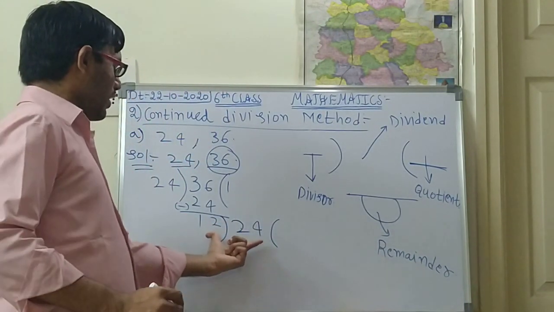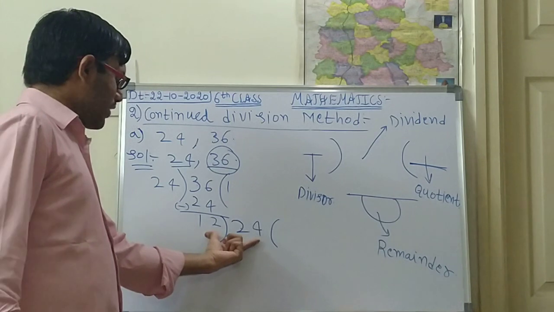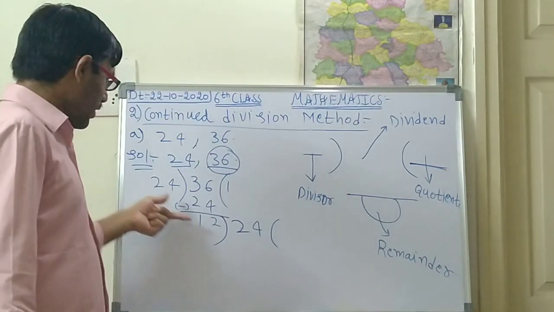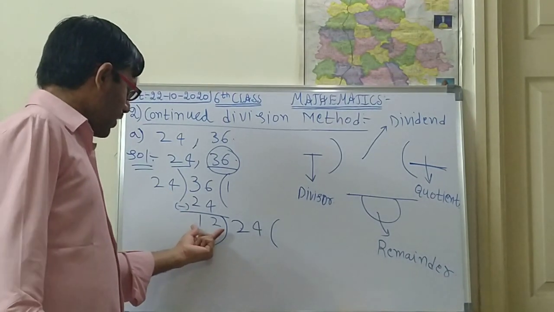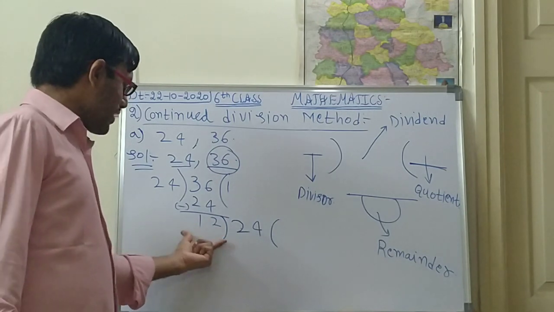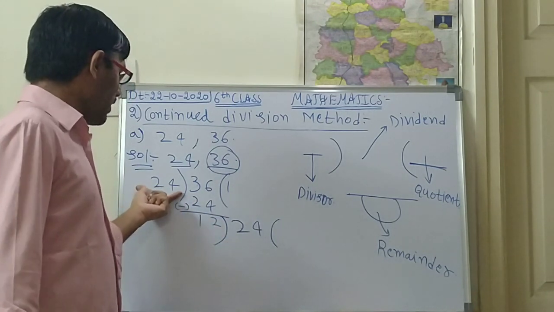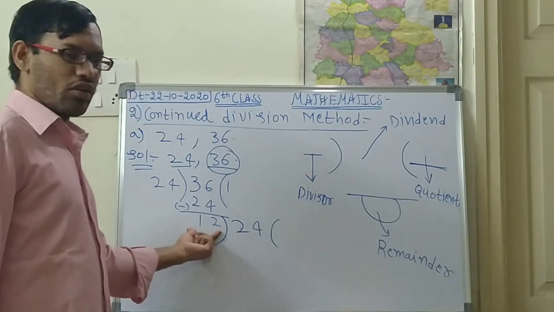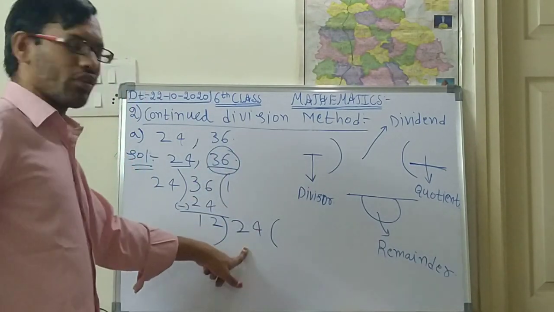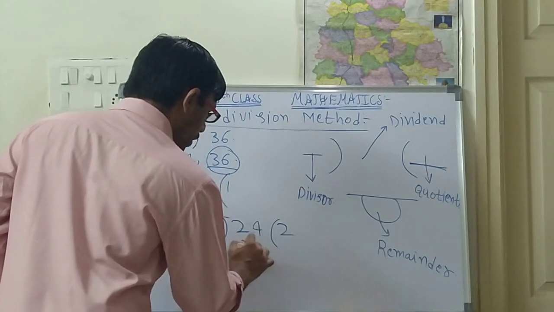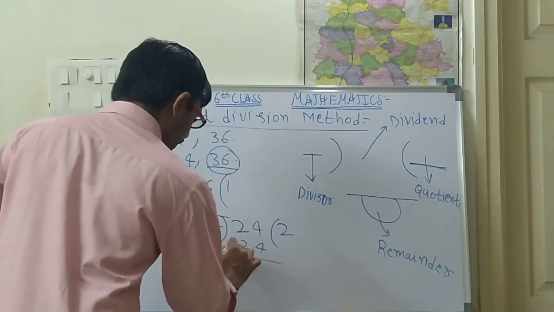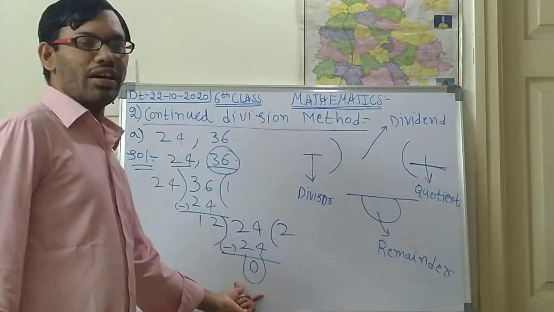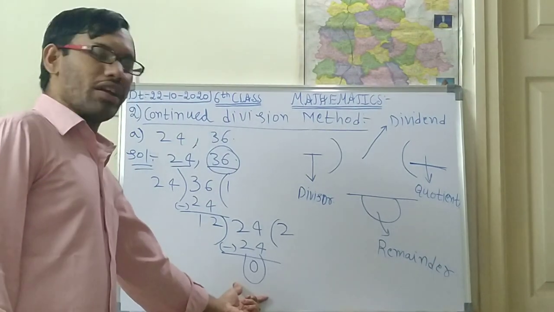So in the second step, the division is going on with the remainder and divisor. The remainder becomes the divisor, and the previous divisor becomes the dividend. Now see children, the dividend is greater than the divisor. So in the 12 table, when will 24 come? Yes, 12 twos are 24. Now what is the answer? 24 minus 24 is 0. You should continue the division till you get the remainder as 0.